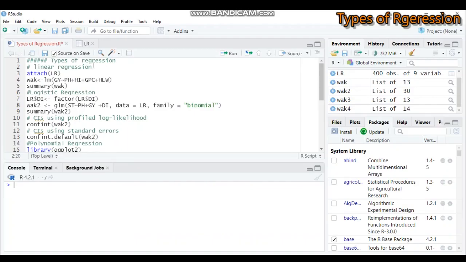Hello everybody, today we're going to see different types of regression analysis in our software. There are around 15 types of regression, so we will see the first four types in this tutorial, and we will deal with the remaining regression types in upcoming tutorials or videos. For today's tutorial, I will stick to linear regression, logistic regression, polynomial regression, and finally